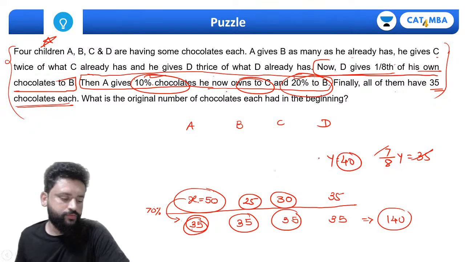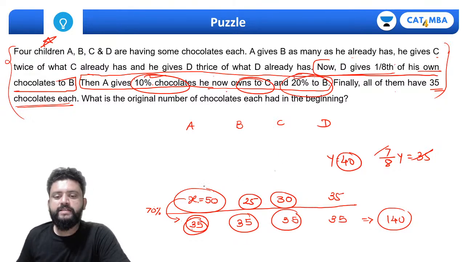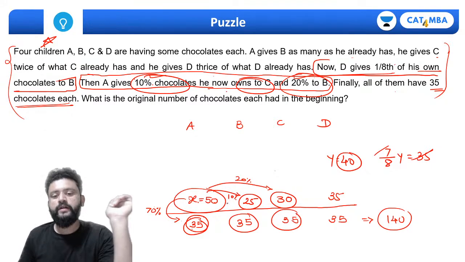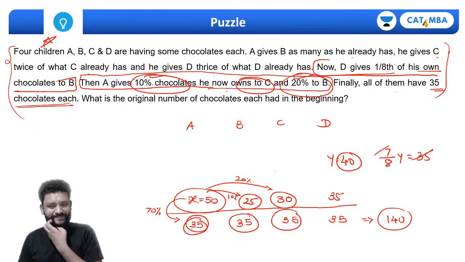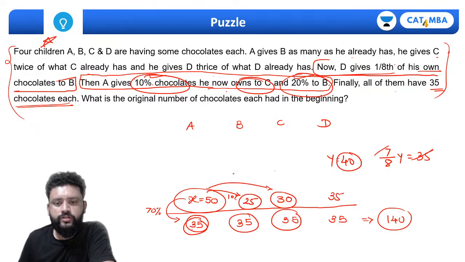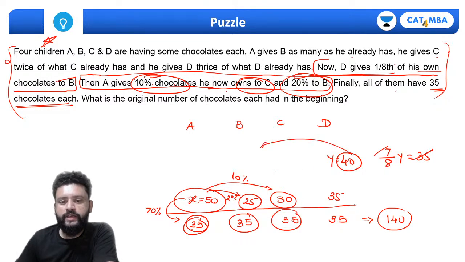Ashish, is it right now? सही है। यहाँ पे मैंने सीक्वेंस गलत कर दिया था। 10% सी और 20% बी। आफ्टर दैट 1/8 बी को दिया था, तो इसके पास 20 होना चाहिए,